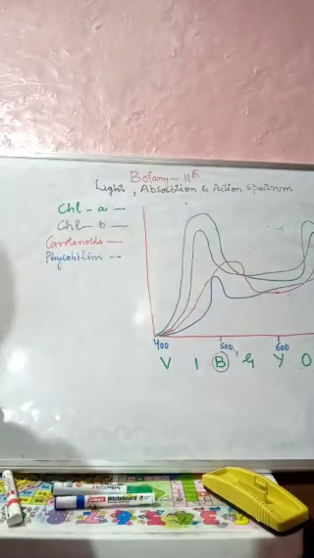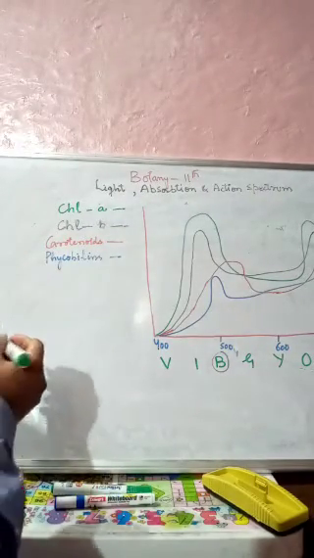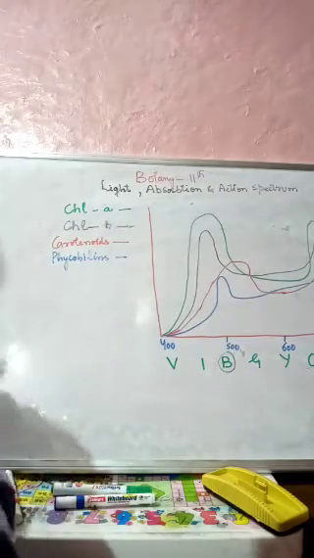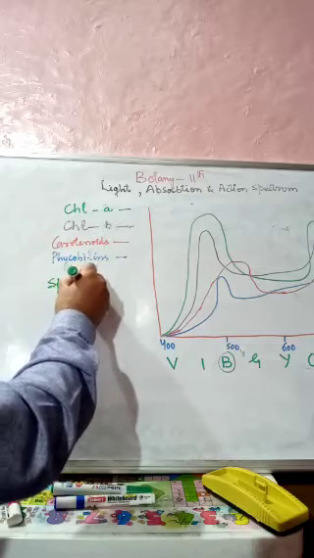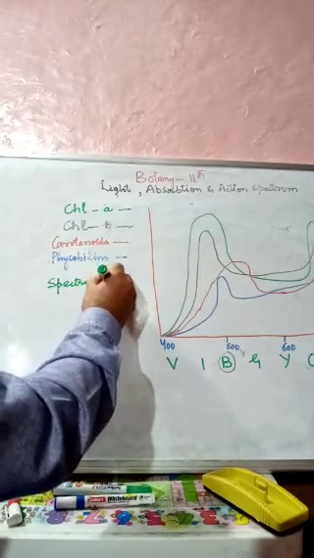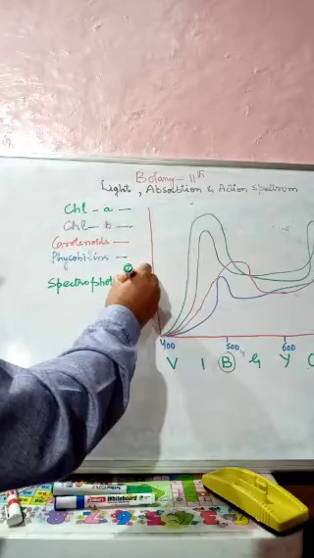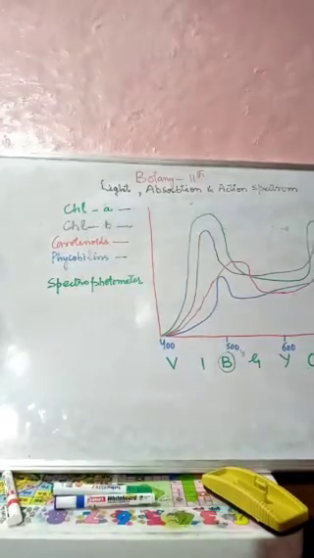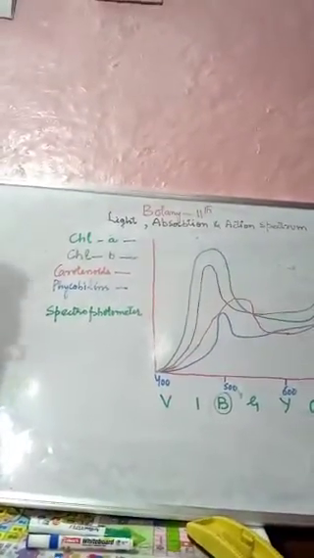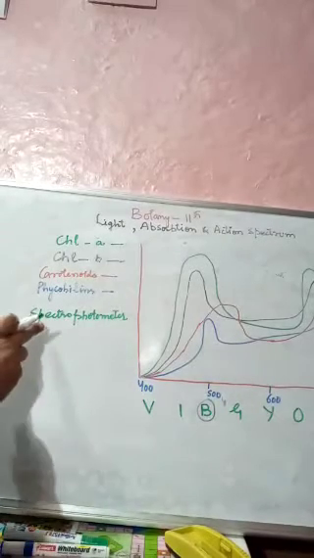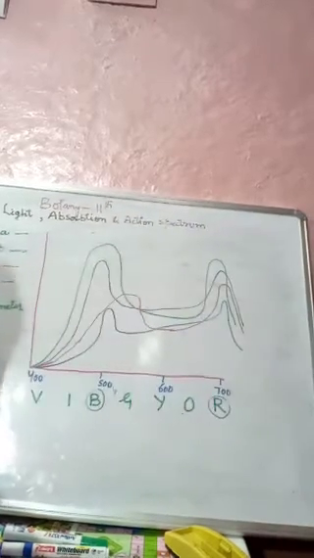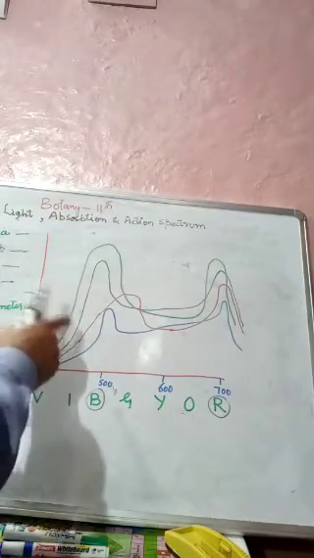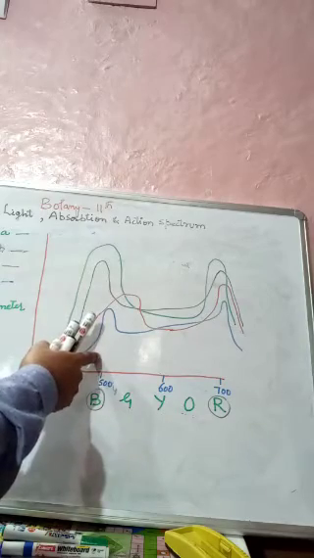It is studied by means of an apparatus that is called a spectrophotometer. So this absorption spectrum is studied by means of the apparatus called a spectrophotometer. And while studying this graph, we will see the absorption spectrum that we see here of